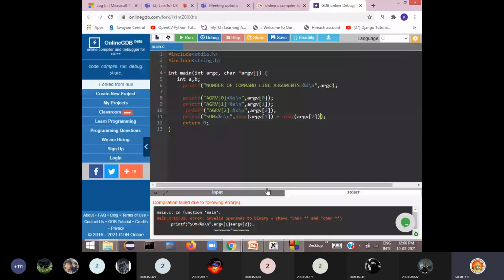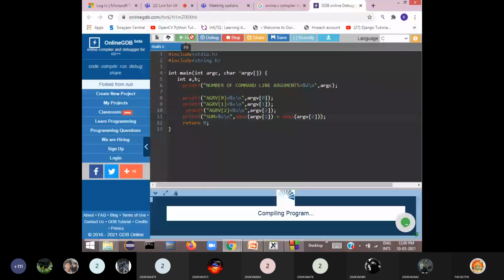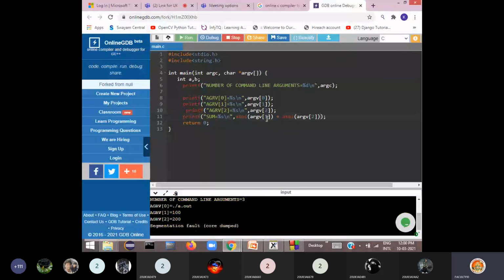Okay, so where is this input I have to use right now. See here, input 100 200 I have given. Now if I run this, these two are numbers. Segmentation fault, because I am using percentage s here; I have to use percentage d.